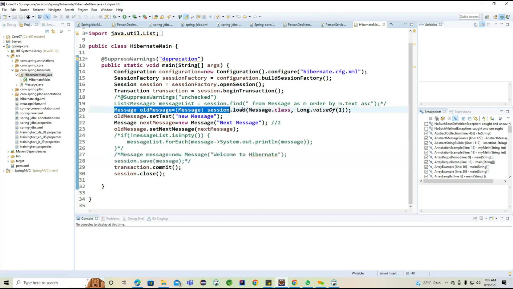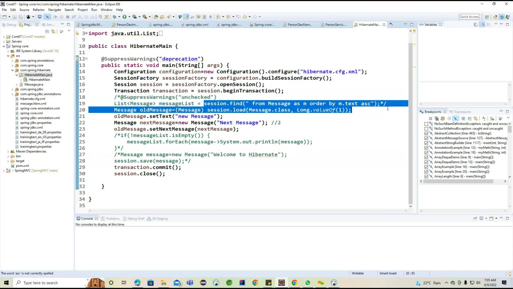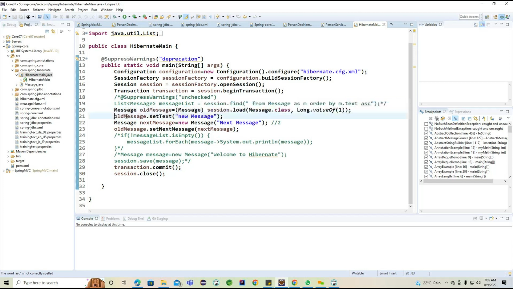Another important section: we load the object with the load method, and we used another approach, session.find. Using these two methods, we load the object from the database and set the same object here. Now, today we'll understand